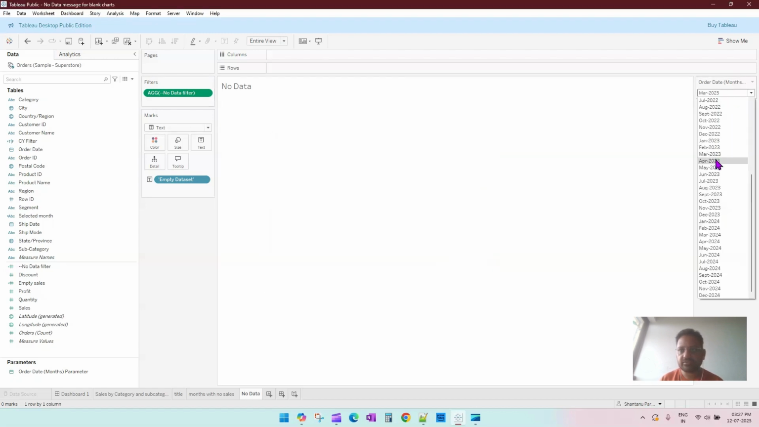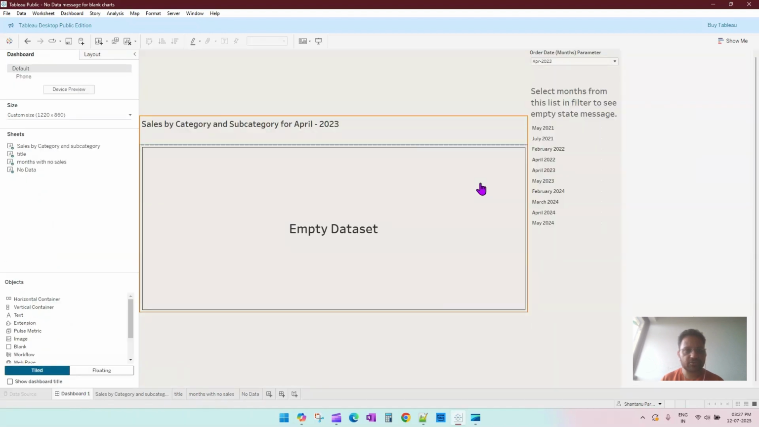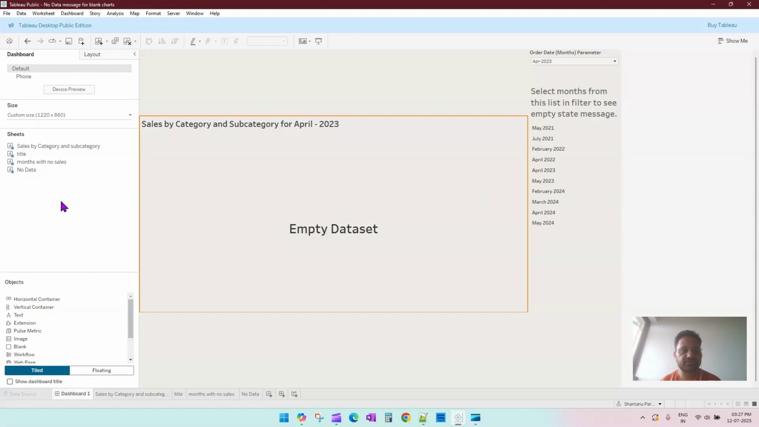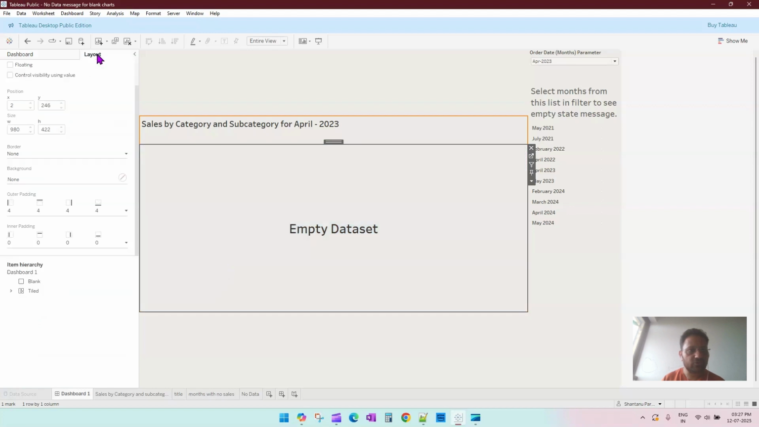Select that. Then if I go to April, it is showing. Then we have to go to the dashboard and we have to place the sheets accordingly. So for this, if I show the layout option,